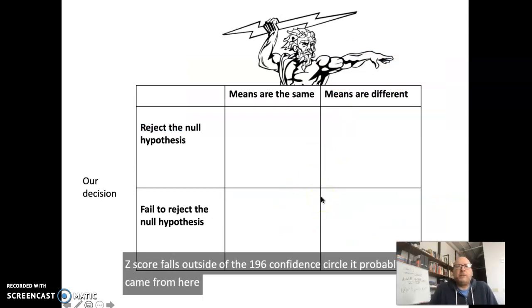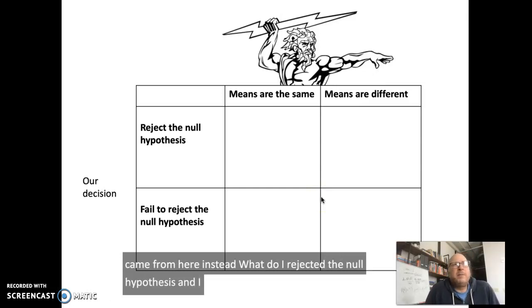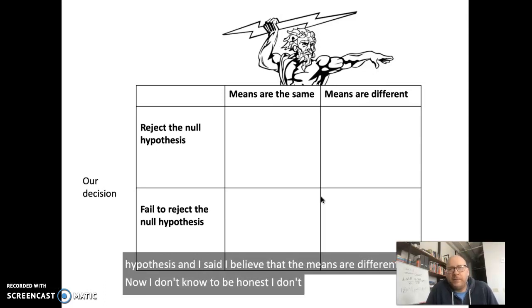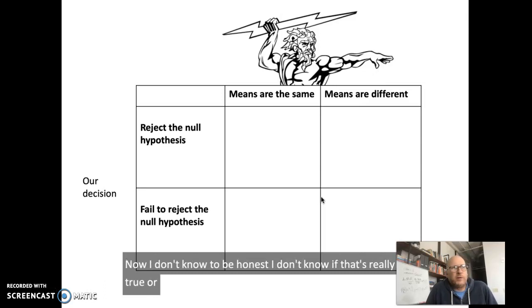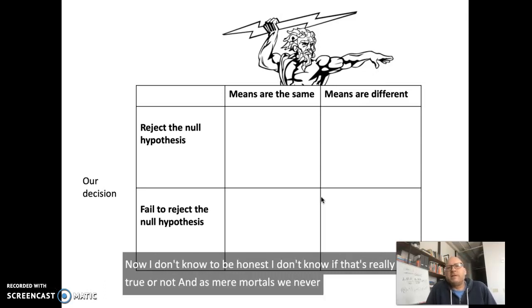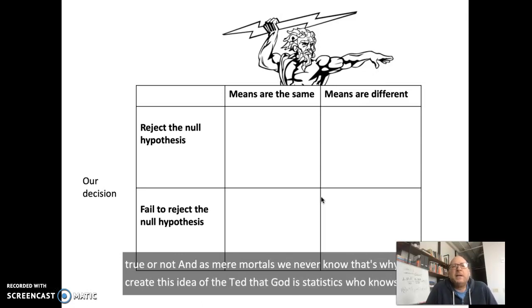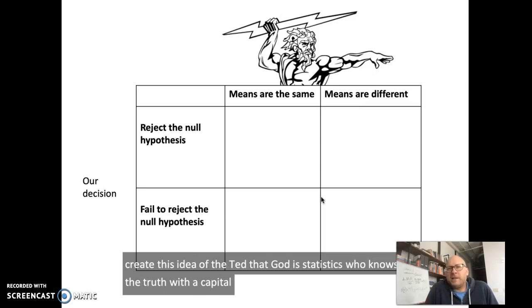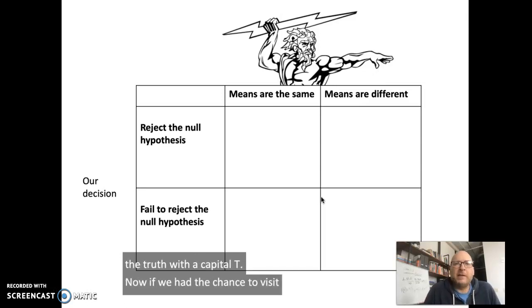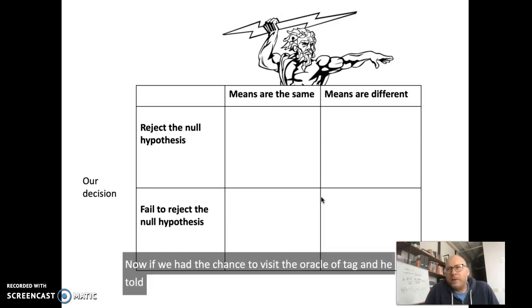So what did I do? I rejected the null hypothesis, and I said, I believe that the means are different. Now, to be honest, I don't know if that's really true or not. And as mere mortals, we never know. And that's why I created this idea of TED, the god of statistics, who knows the truth with a capital T. Now, if we had the chance to visit the Oracle of TED, and he told us what the truth is,